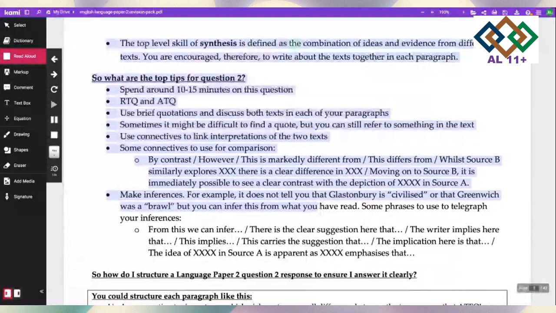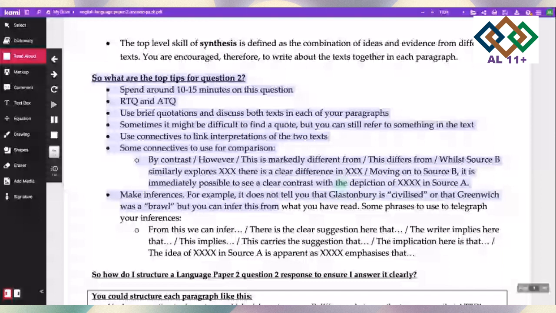Some connectives to use for comparison: by contrast, however, this is markedly different from, this differs from, while source B similarly explores XXX, there is a clear difference in XXX. Moving on to source B, it is immediately possible to see a clear contrast with the depiction of XXXX in